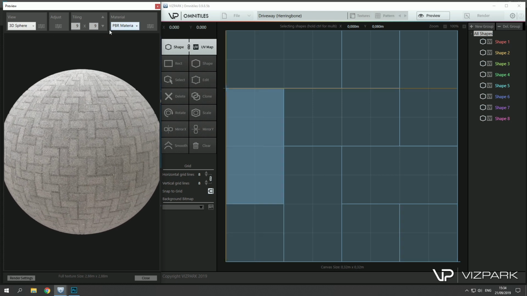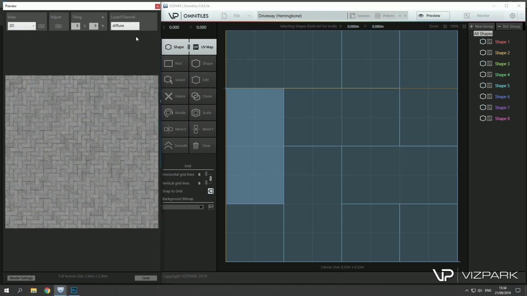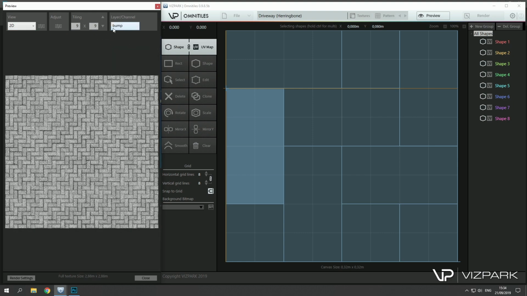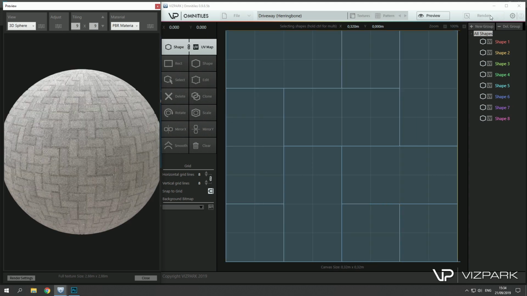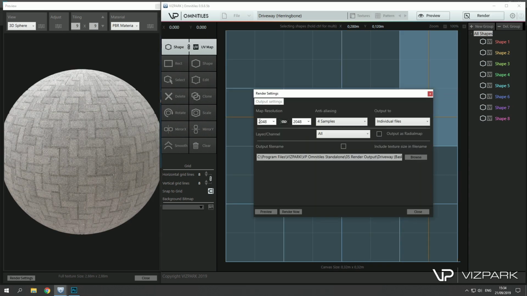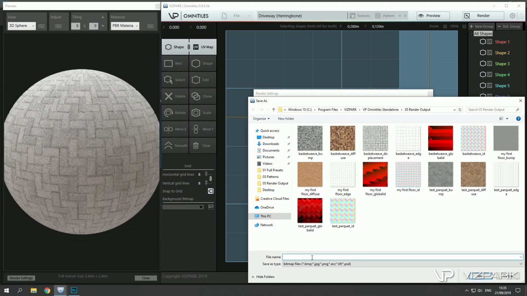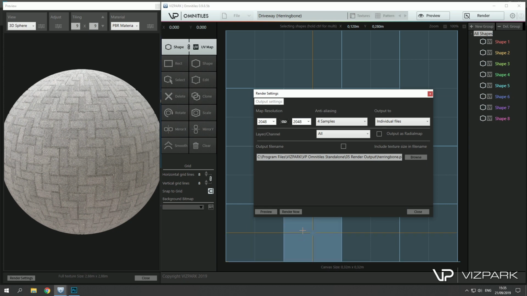Okay, so I can still check all of the different channels here if I want to, but I can also just render out the textures as separate files. So let's take the 2K option for sampling all layers, individual files, and I'll just use a herringbone, and then let's take PNG as file format. Hit save, and with render now, these are rendered